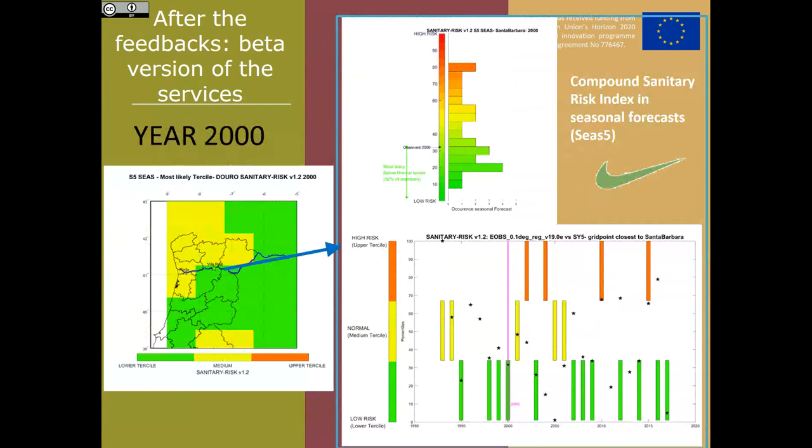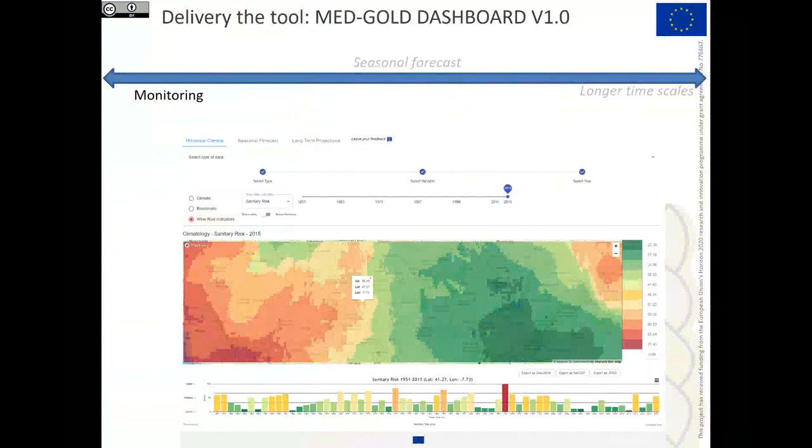good result, because the seasonal forecast for the year 2000 foresaw for the Douro region a sanitary risk index below the normal, so the lower tercile, and the observation falls in the lower risk, the star that we are reporting over there, for a specific grid point in the Douro Valley. And so this is the main idea of the service that we are developing, but now we are